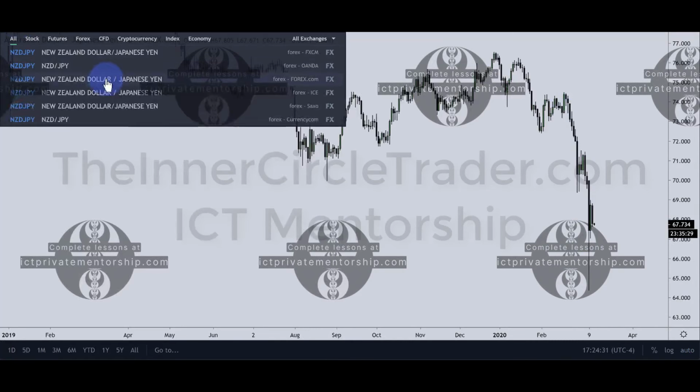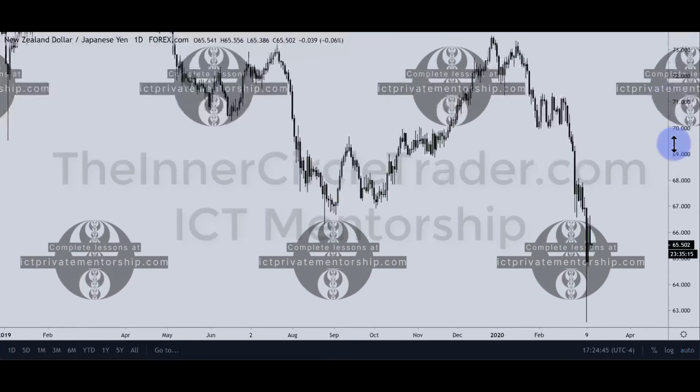Same thing, weaker currency. So it's going to be a down move we're looking at relative to the yen. Okay, so 1, 2, 3, 4, 5, 6, 7, 800 plus pips of a move here. You can see a market maker sell model, relative equal lows, boom. And finally,